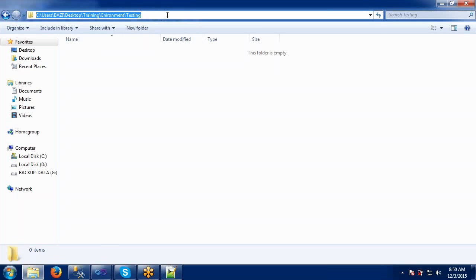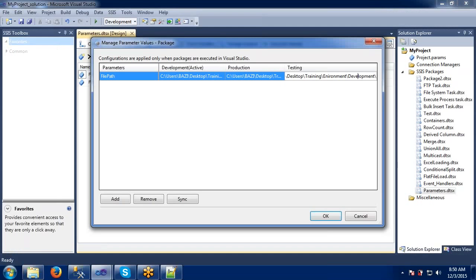Just copy this one and paste it to the testing path. Okay, now we are ready with all the paths here.